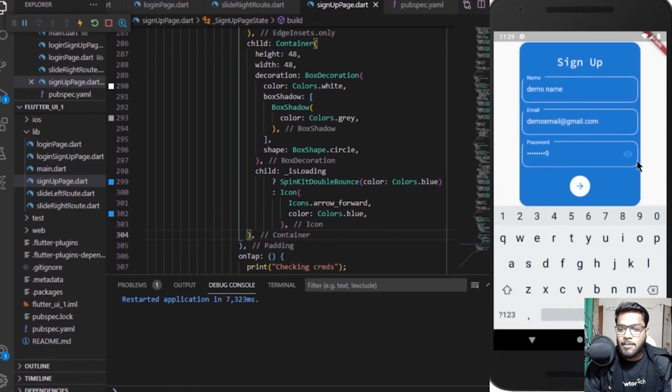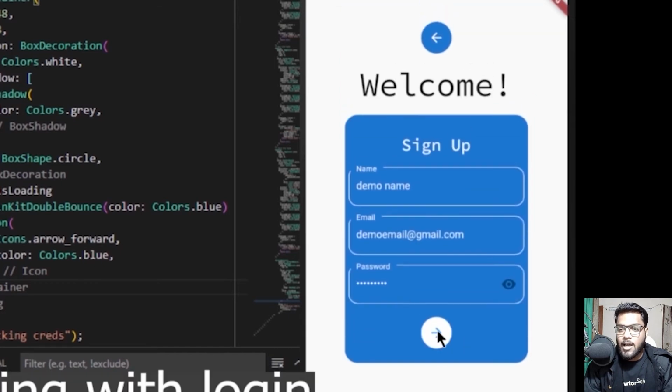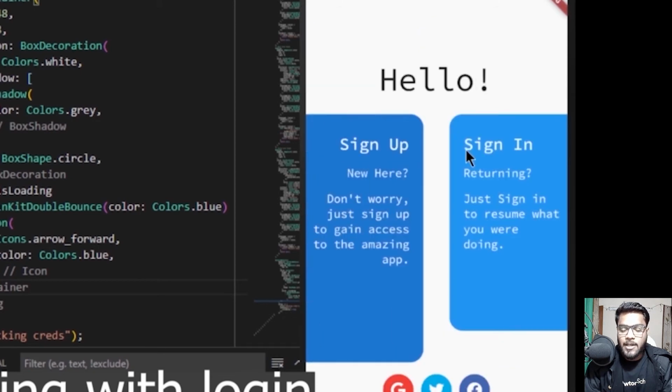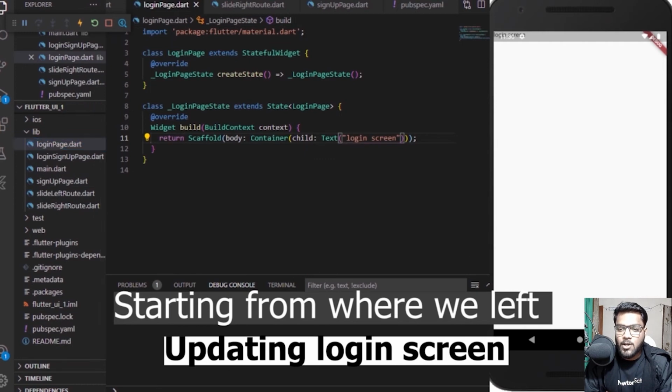The name field, email field, and the password field are also working fine, and the password visible and invisible thing is also working fine. And apart from that, this button to sign up the user or making the request, although we are not making a request, but yeah, the button is also working fine with the gesture detector being added to it. So now let's start working on the sign in screen as well, because that is the only thing